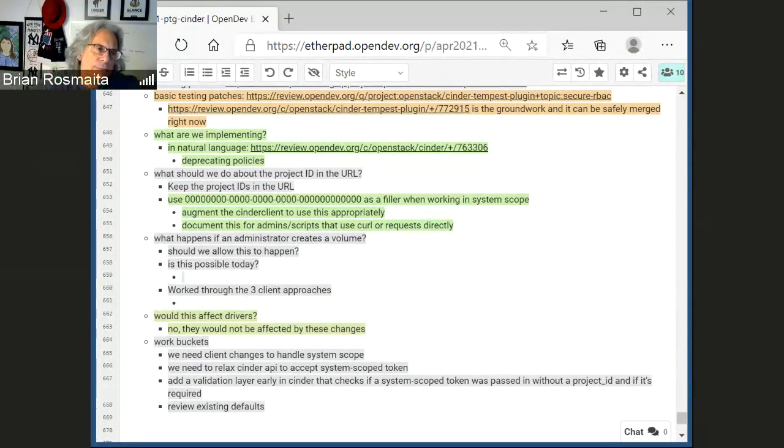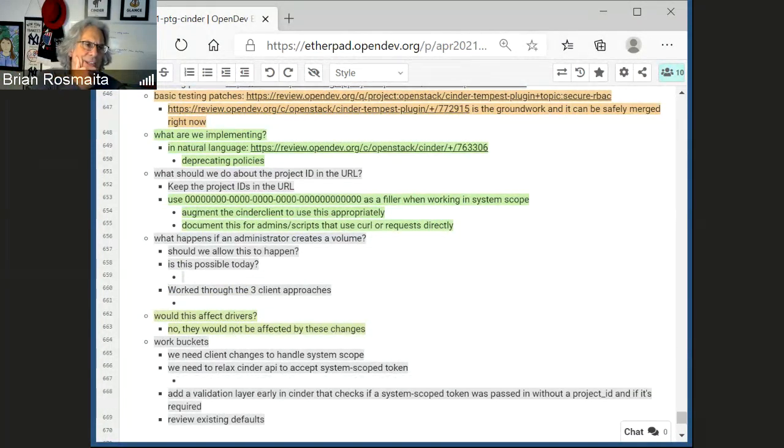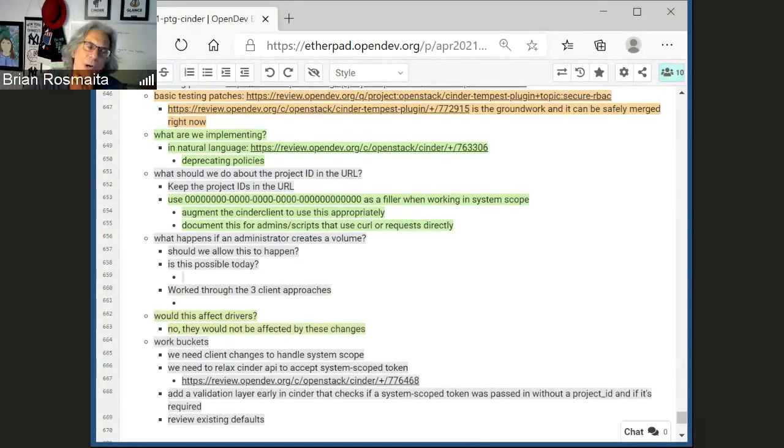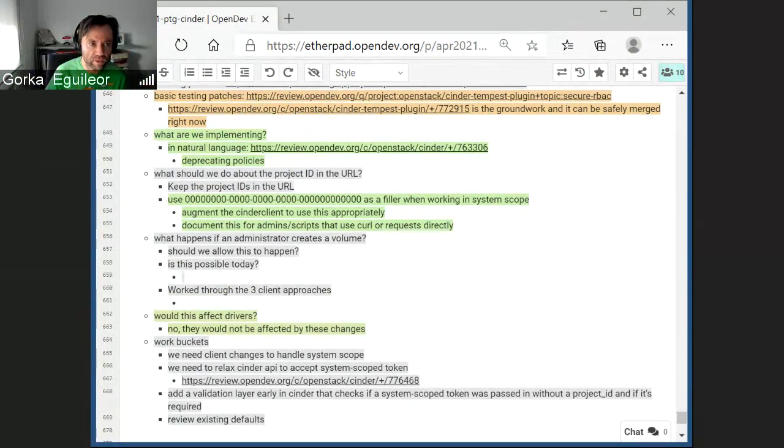Oh, that request makes no sense to have a project. I thought it had one though. No, it has, but it's useless. Right, because you're getting all the backends. This is a system request. So we have a bunch of those where you're required to have the project ID, but we are passing it and I don't think we're using it.